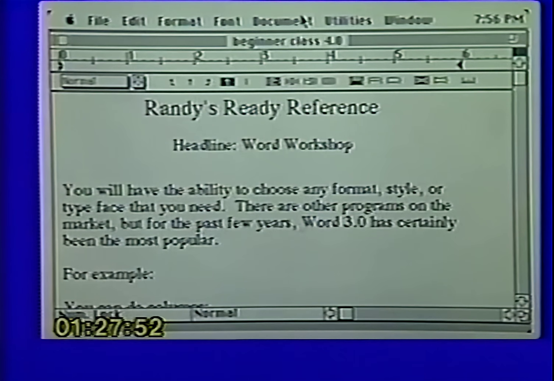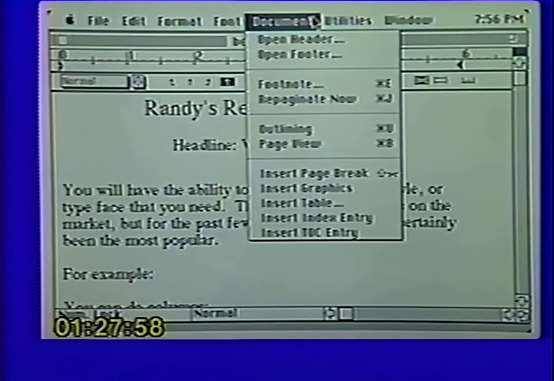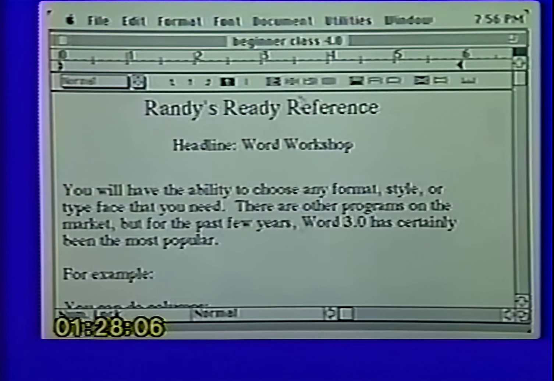Now the last step is to simply go to Repaginate Now. On Word 4.0, you don't have to do that. It'll automatically go ahead and reformat your document. But for you 3.02 people, just simply go through Repaginate Now. It will go through and reformat your document to fit those new parameters. So that's how you make it look good on the printer when it comes out.